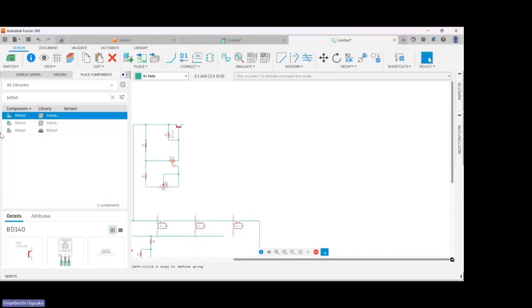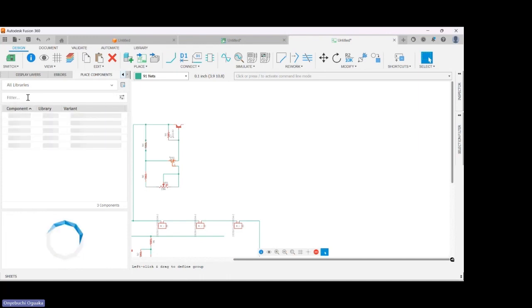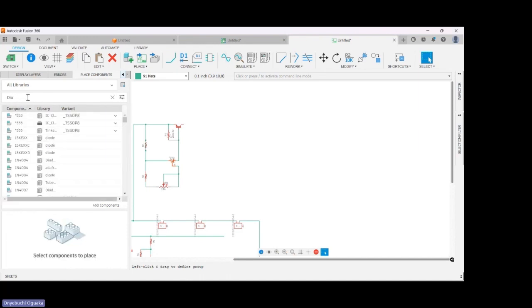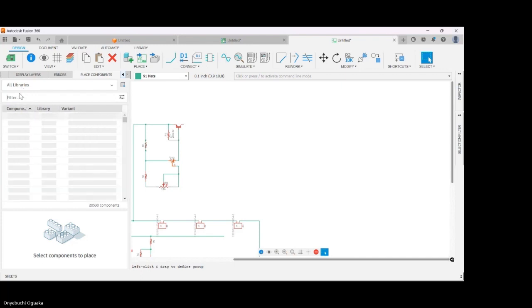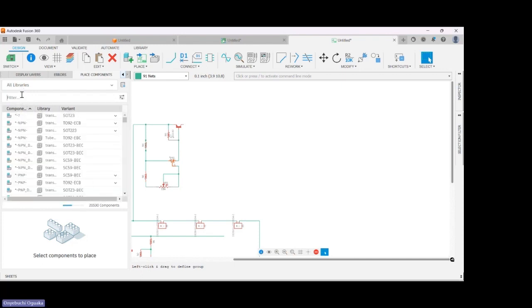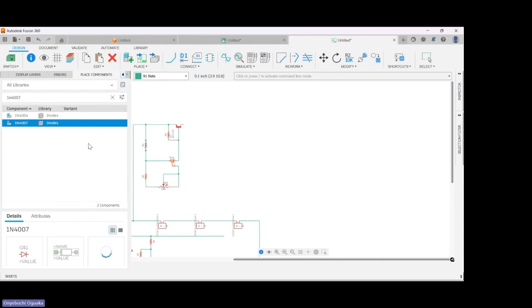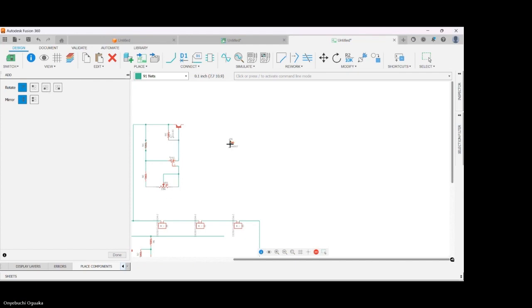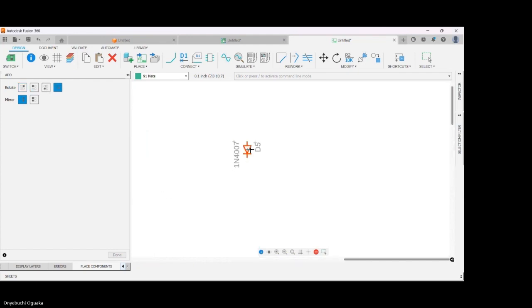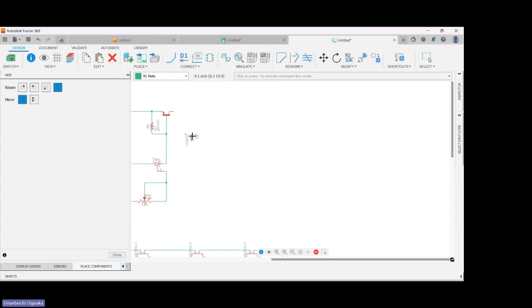So the next thing that we'll be needing in our circuit is actually a diode. Okay, where's that diode that we used before? Let's use it. So let's use the 1N4007. This is the other one. This is a 1 amp. So yeah, you can see this is the diode that we are using here. It's labeled D5. All right. So 1,